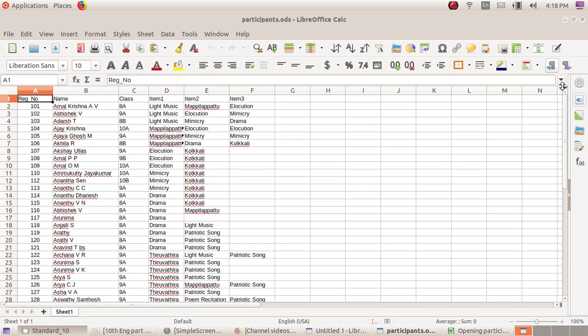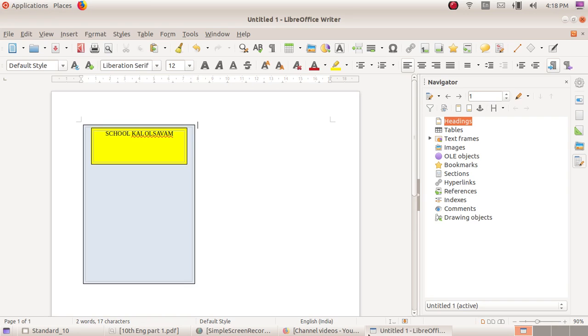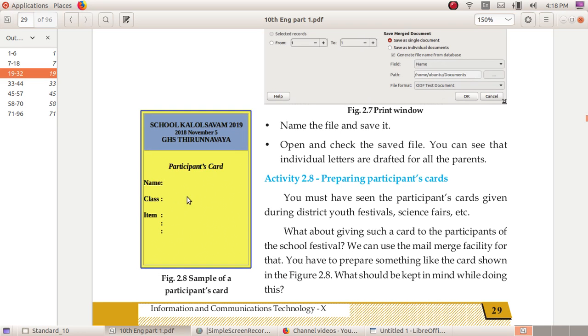It's only a model of an ODS, that is a LibreOffice Calc file. Then you have to create three more frames and type the participant card title, name, class, and items.